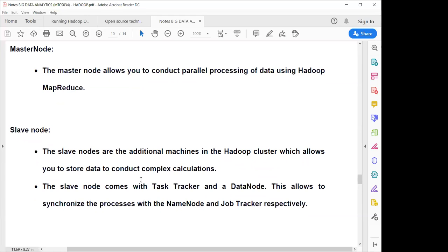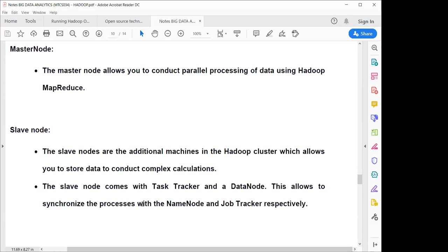Sometimes when you are running your Hadoop application, you want to know the current status of processing your information. So you go to the task tracker of a slave node, and the task tracker gives you the current status of your execution, from where you can analyze what percentage of the data processing has been done and how much time will be required to complete the task.